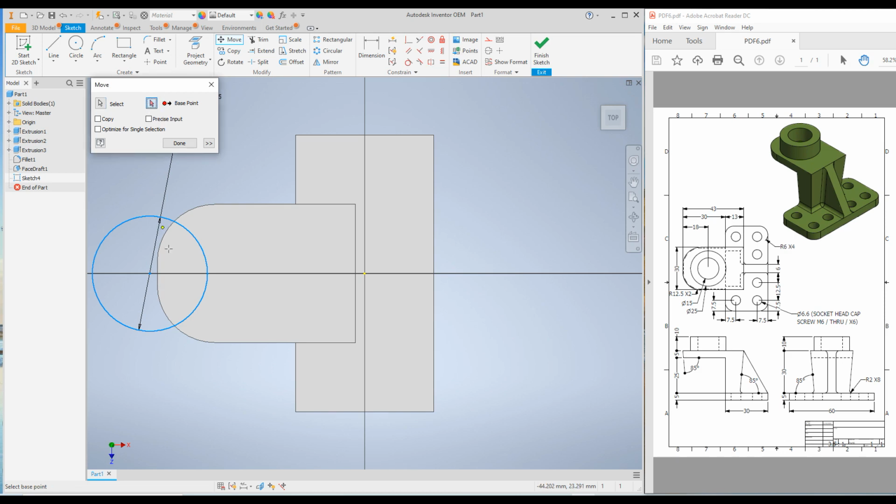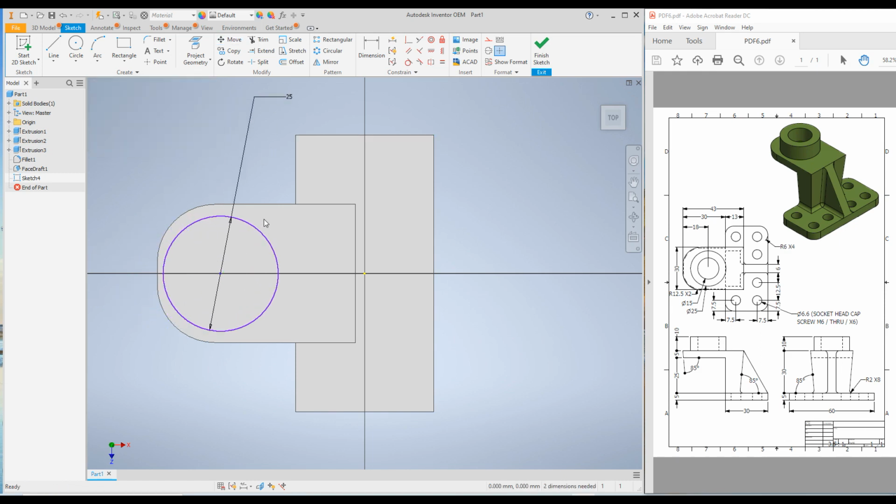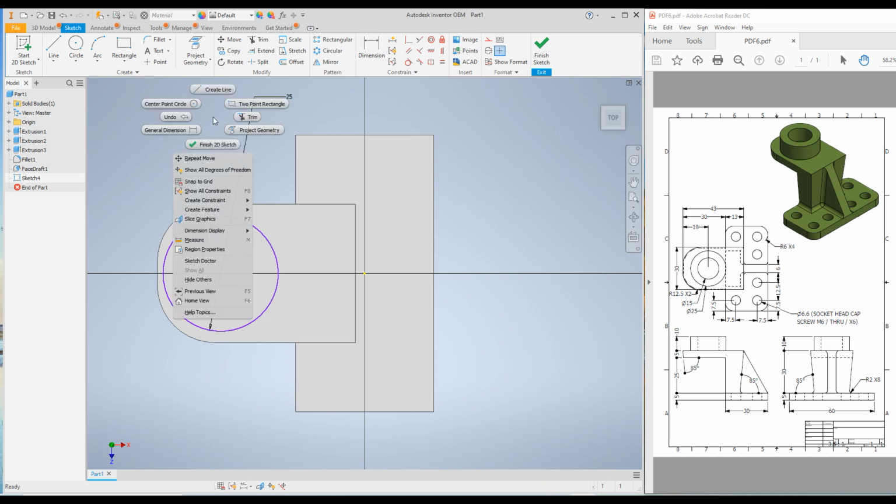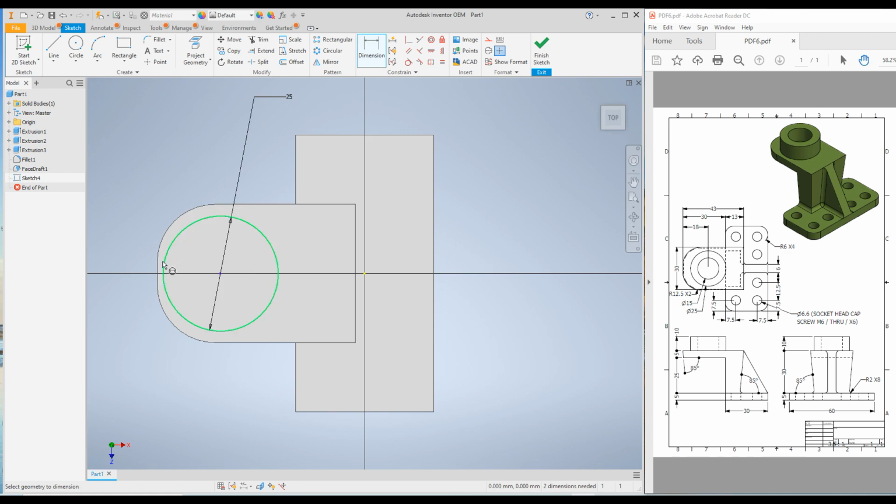Under base point, select this point and bring it over here. Click on done, and one more dimension, 18 millimeter from this edge to the center. Right click, select general dimensions, select this edge and select this point, make it 18 millimeters, and right click, click